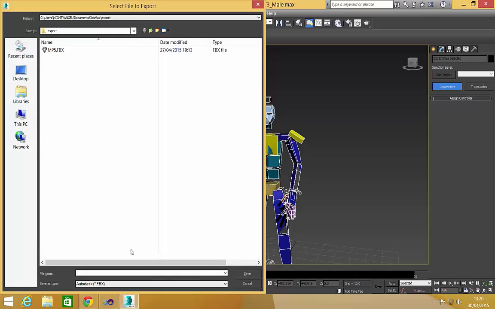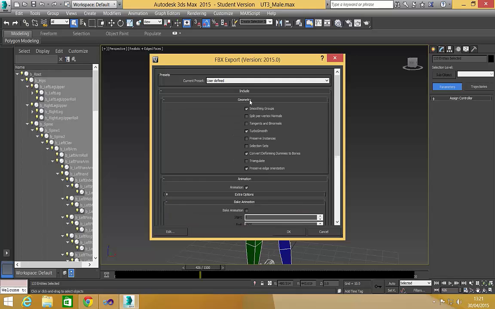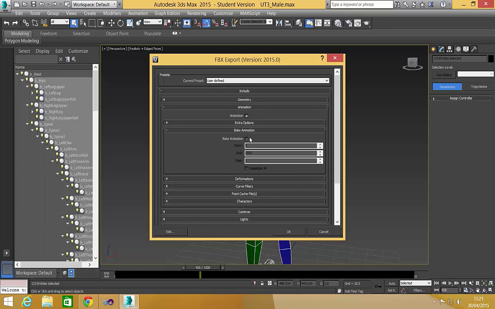Put this under export in 3ds Max. Save this as grenade throw. Save it. Now in export options, you want to check animation, geometry, check smoothing groups, bake animation from